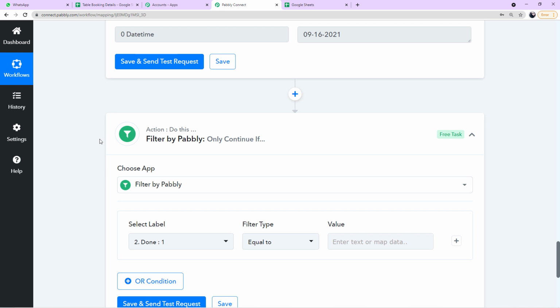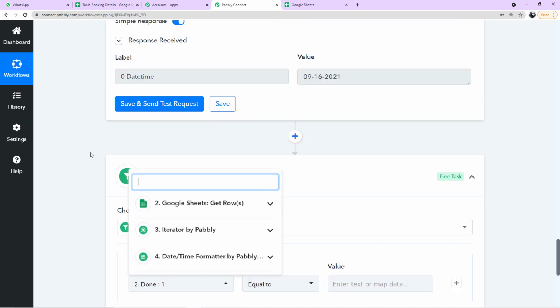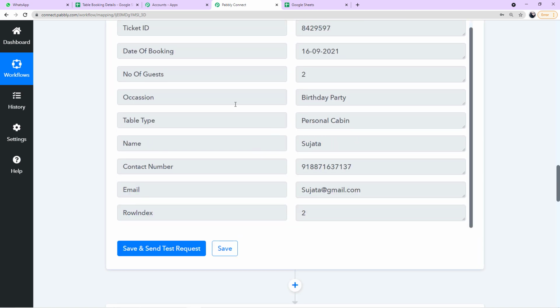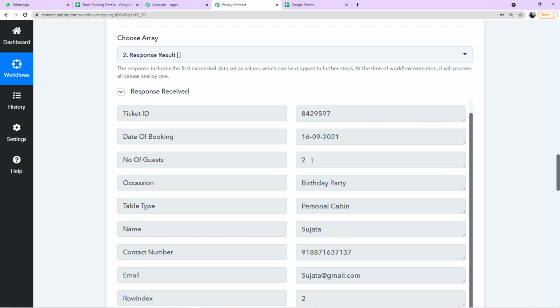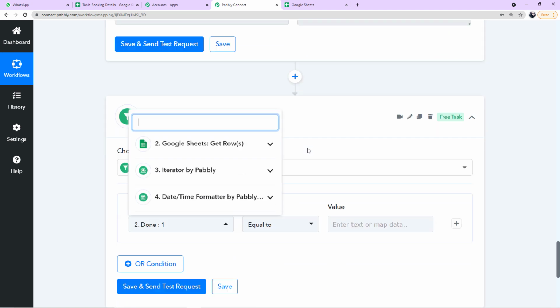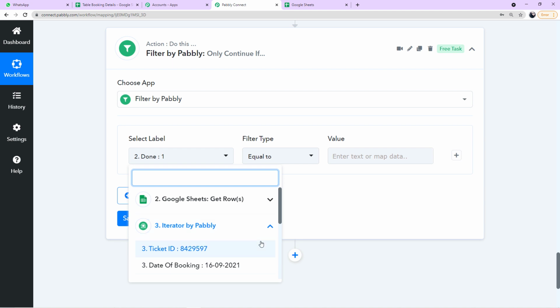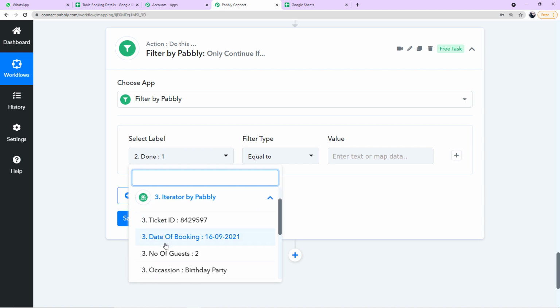So what are we going to select in this label? We are going to select the booking date, and we will find the booking date here in this iterator where we have segregated the data like this. All right, so this is the date of booking. So in this filter, when you click here on Iterator by Pabbly, you will find the same data that we have segregated, and here you can see the date of booking is here.